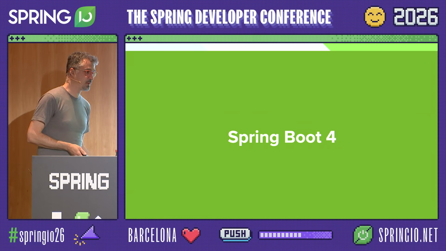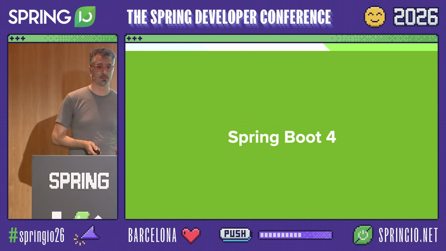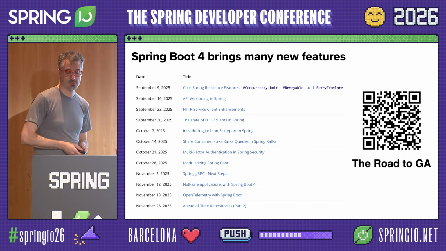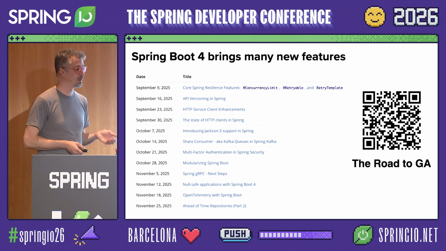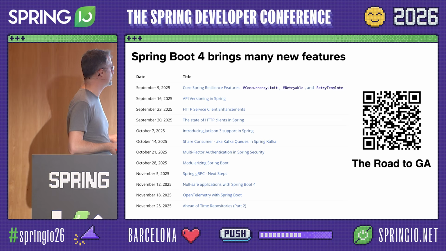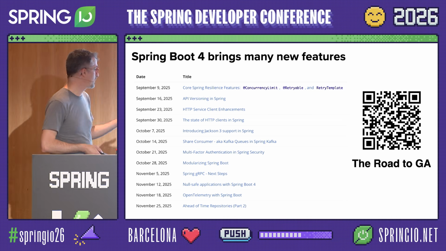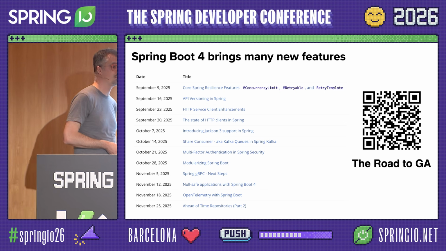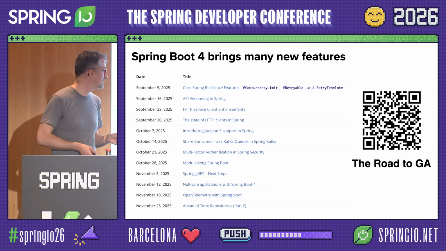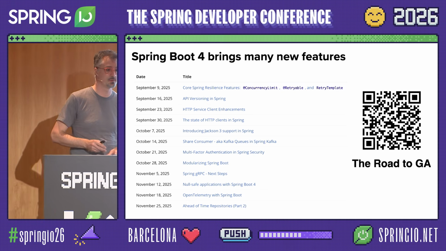Of course, you should use Spring Boot 4 to build your application, either a new application or by upgrading a current Spring Boot 3 application. We have recently published the Road to GA blog post that synthesizes all the big new features. We are talking, for example, about API versioning, Jackson 3 support. Spring Boot modularization is surprisingly very important. So if you have to read one blog post, read this one, Modularizing Spring Boot, basically the rules of activation of features with the